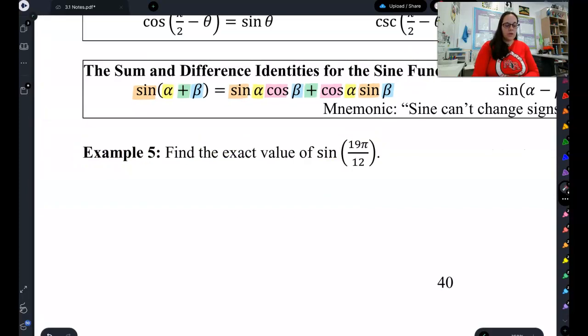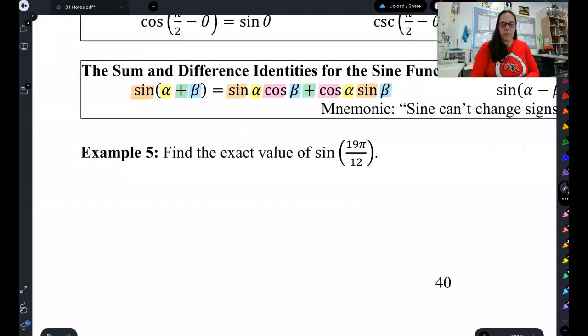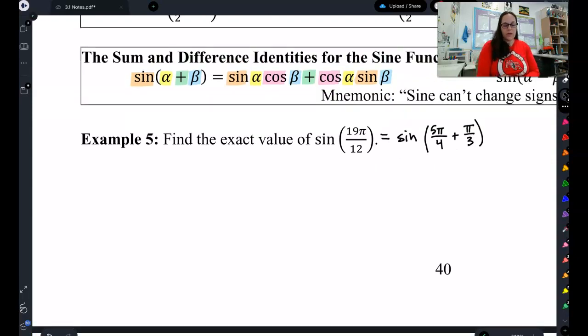So let's try that with this example. We're going to change this 19 pi 12ths because once again, 19 pi 12ths is not on the unit circle. So we're going to change it to 5 pi fourths plus pi thirds, which is on the unit circle. So now if we change this to sine of the first one,